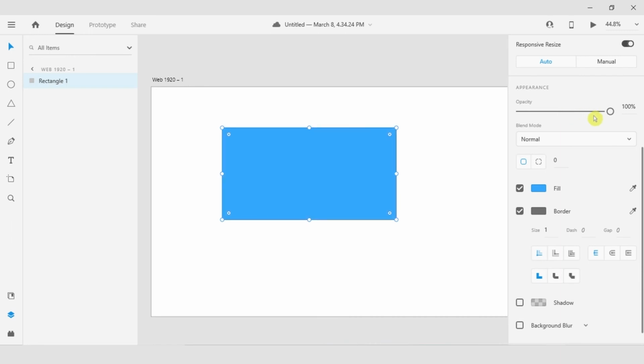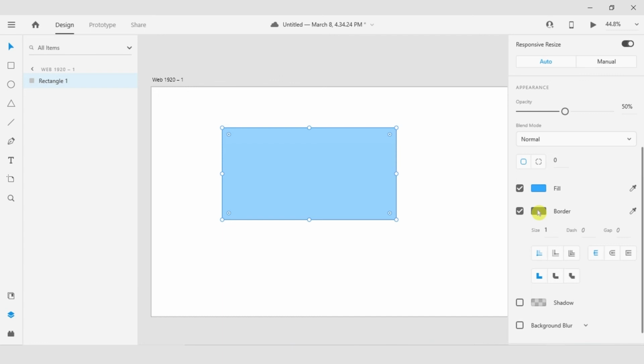When I come in here, if I set this to 100% fill, I can also set it to a global attribute to the entire object under appearance here. See how it says 100? If I come on to the keyboard and type 5 on the keyboard, it's going to change the overall appearance to be 50%. If I type 9, I'm going back up to 90. Type 2, it's at 20%. So we'll go with 5 or 50%. And that applies, as I mentioned, to everything, both fill and border color.